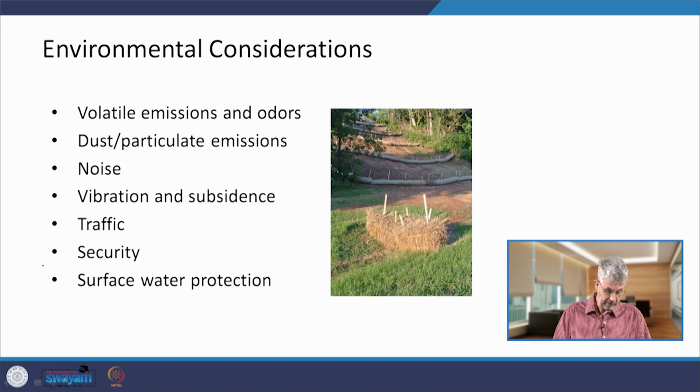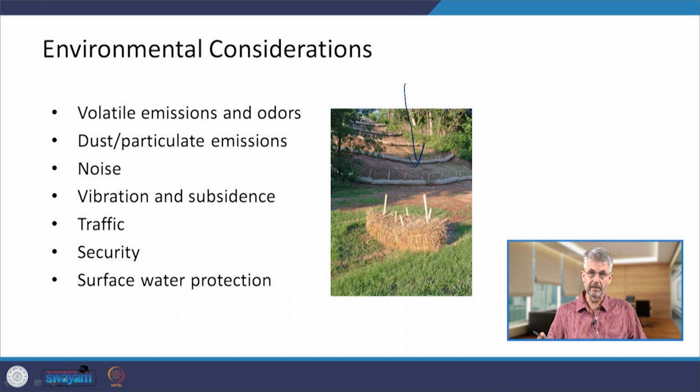And then ultimately, protection of the surface water, lakes, stormwater runoff. In this picture, for example, you see berms of hay and straw that are supposed to slow down the force of water, meaning the water and the particulates suspended in it need to be captured and prevented from migrating off-site. Because again, these soils can be polluted, and the last thing you want is polluted sediments washed off during heavy rainstorms onto neighbors' property. That is a big problem. So these are some of the environmental considerations.